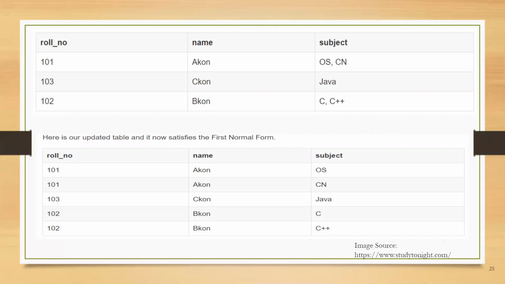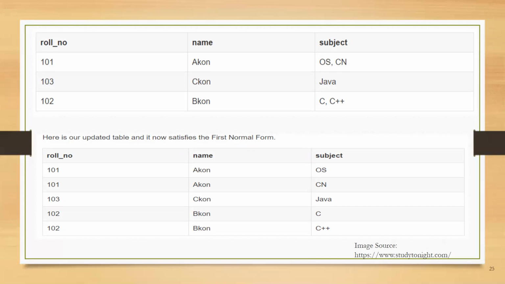Using the first normal form, the data redundancy has increased as there will be many columns with the same data in multiple rows, but each row as a whole will be unique, which is the condition of first normal form. So the first normal form output, that is your roll number, name and subject, with each record uniquely identified and having a single attribute value only, becomes the input for the second normal form.